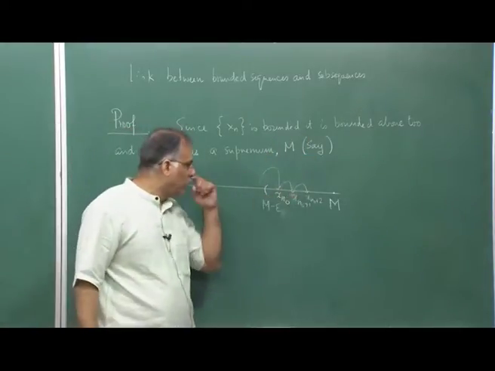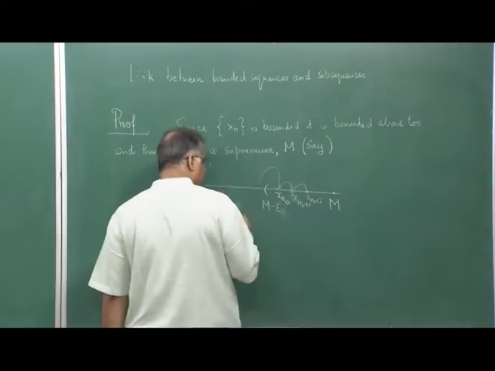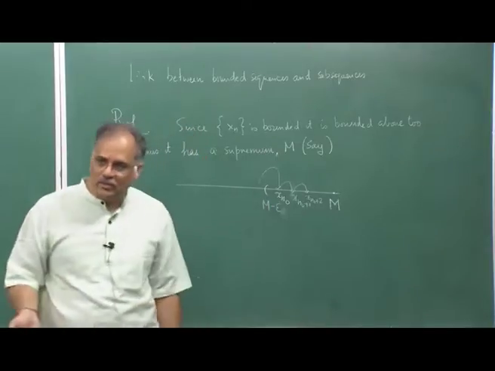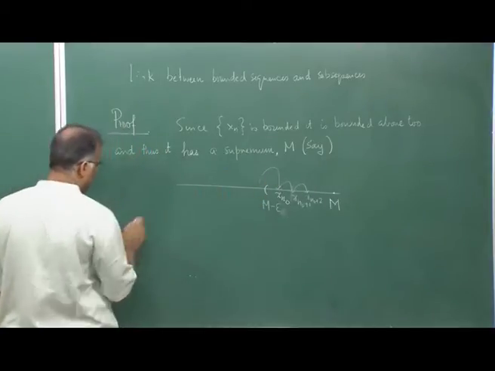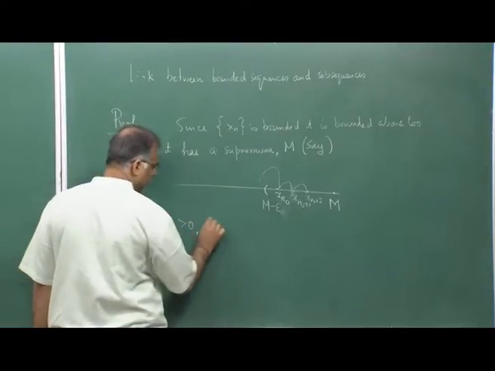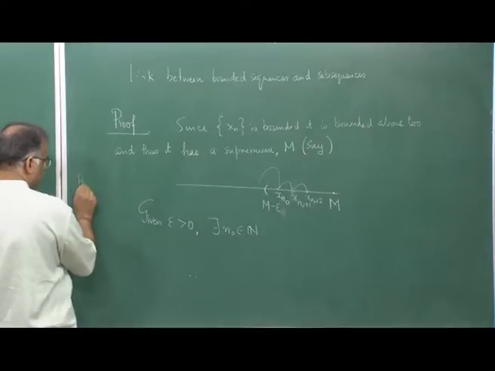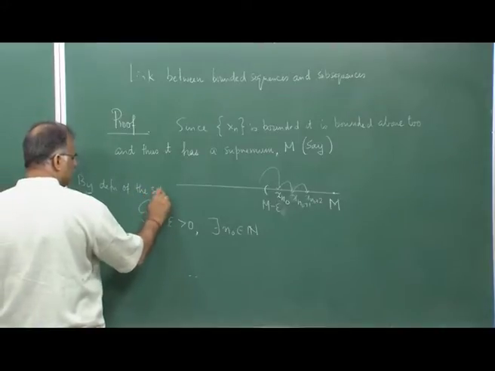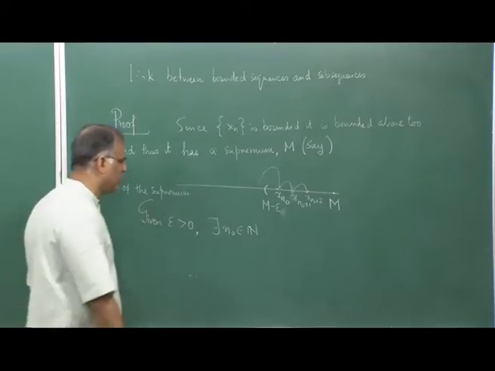So, what is happening? For all x n, the distance between x n and m, because m is the supremum, is always less than epsilon. It is obvious. So, you see how geometry, just by drawing, you can do the thing. So, what it means, given epsilon greater than 0, there exists n naught element of N just by the definition of the supremum. Maybe if you want to be more clear, by definition of the supremum, given epsilon greater than 0, there exists an n naught such that